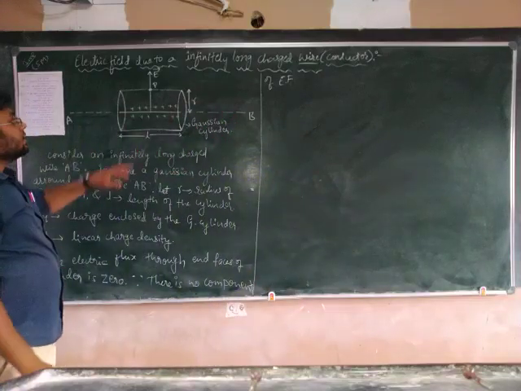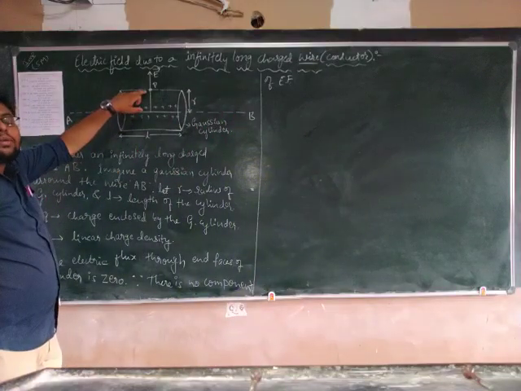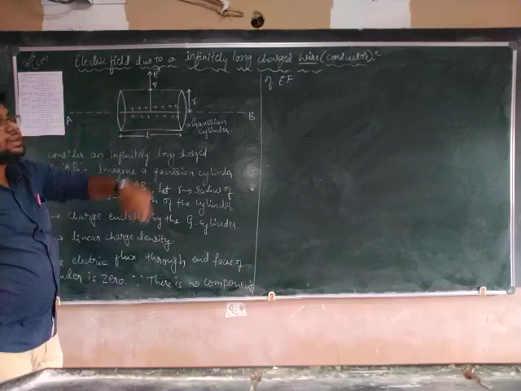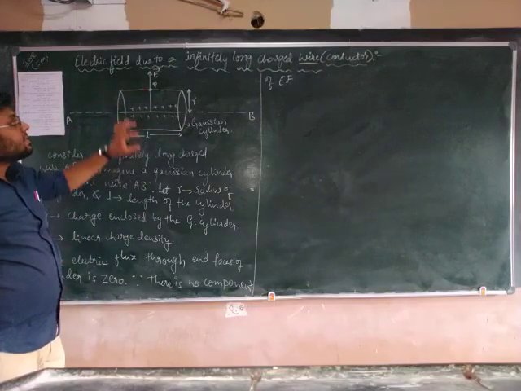Okay, then here we have considered point P, which is on the surface of the cylinder at a distance